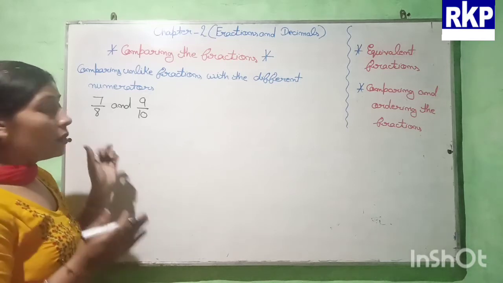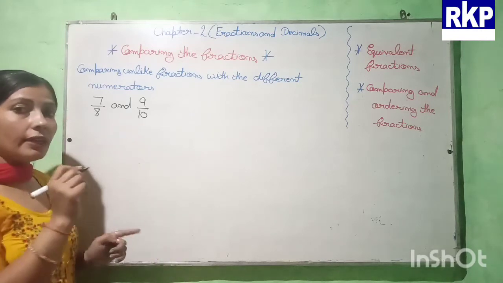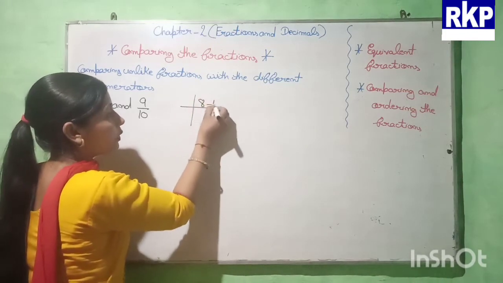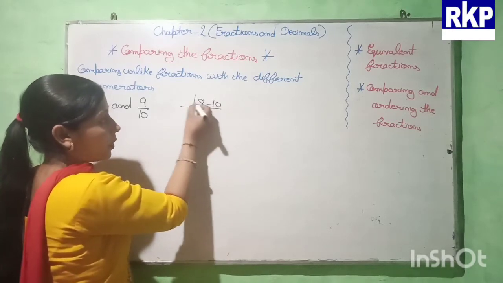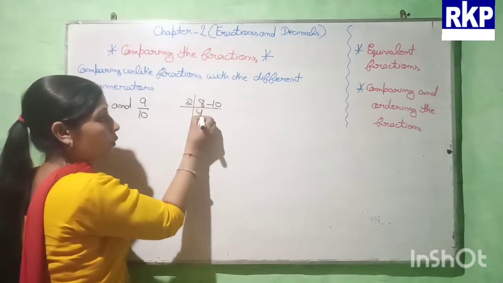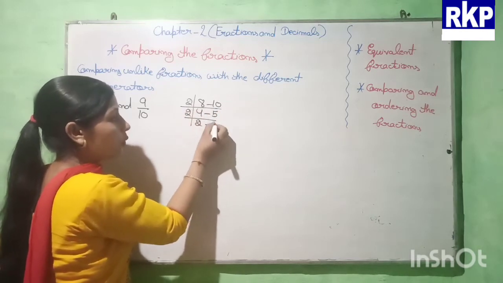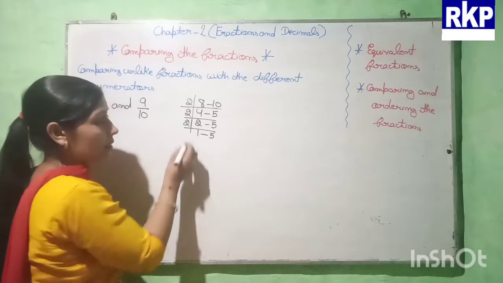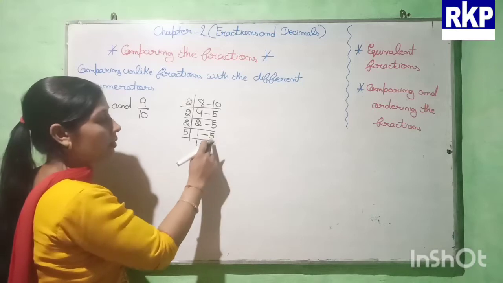Okay, here we need to find the LCM of the denominators. We have 8 and 10 as denominators, so first of all we need to find the LCM of 8 and 10. Beta, we have to divide both numbers by a prime number. 2 fours are 8, 2 fives are 10. Now again by 2: 2 twos are 4, and 5 as it is. Now again by 2: 2 twos are 4 becomes 2, 1, and 5 as it is. Now with 5: 1 as it is, and 5 ones are 5.